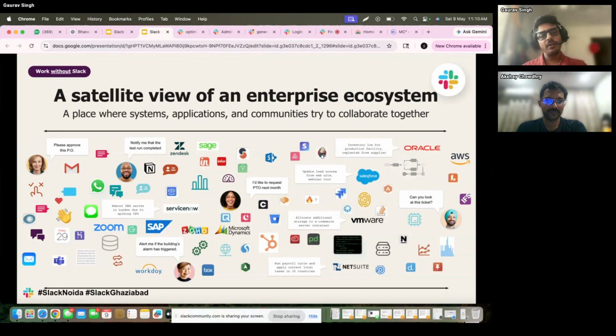Okay, so what Slack does is it solves your problem. You can bring all these tools together in your workspace. It's like you can invite them, they will come, and whatever conversation is happening or actions or anything that is happening in these tools, you will be notified in Slack itself. Okay, so it's a place where systems, applications, and communities try to collaborate together. Okay,